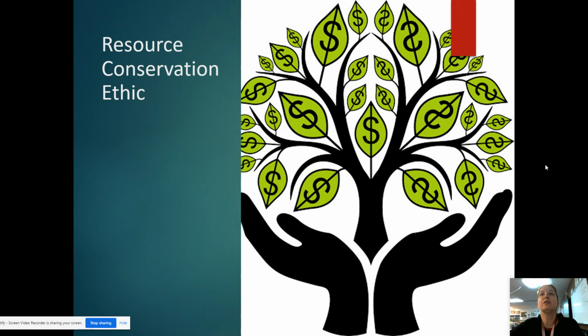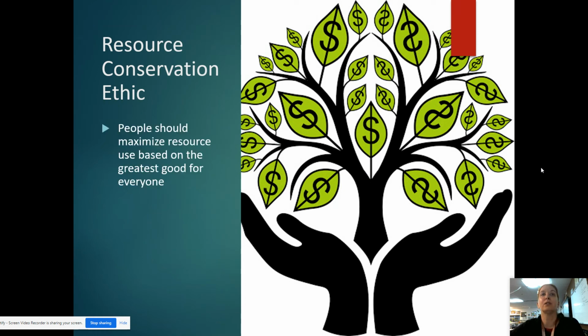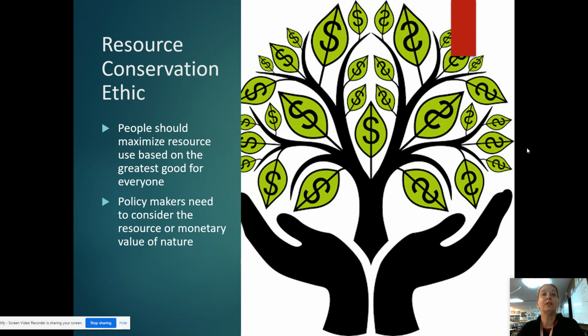So resource conservation ethic. We've got 3 things going on here. So people need to maximize the resource use based on the greatest good for everyone. So we need to find a way to use our resources in a way that everyone benefits. Policymakers need to consider the monetary value of nature, because nature does have a monetary value, and trees are actually way more valuable if you leave them up than if you cut them down. But as some people don't see that dollar in their pocketbook, they don't necessarily process that. But competing interests are going to lead to